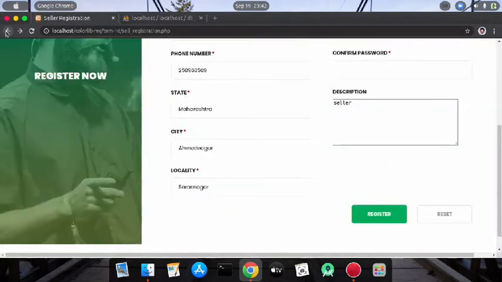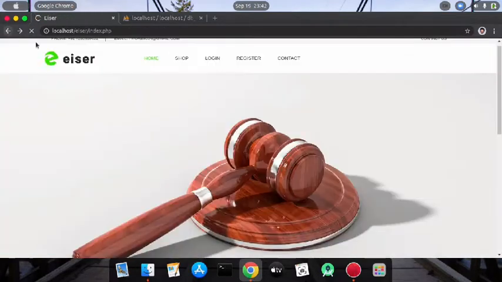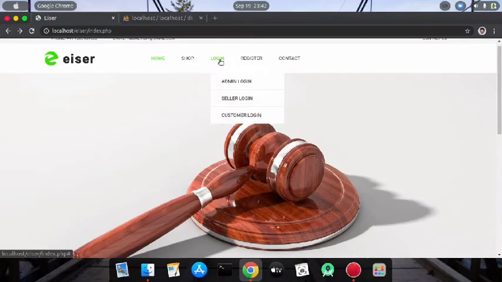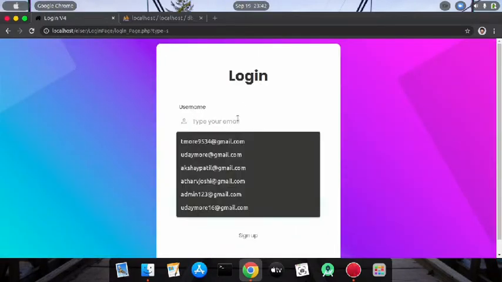So let's first come back and go to the login, then log in as a seller using the proper credentials.